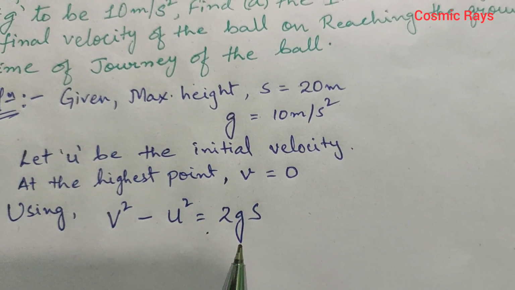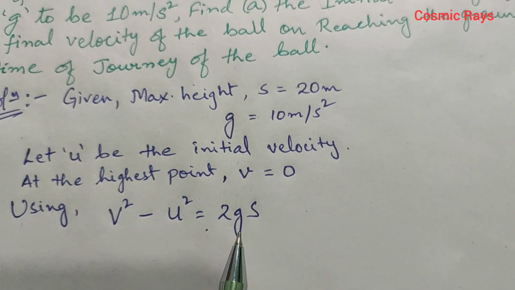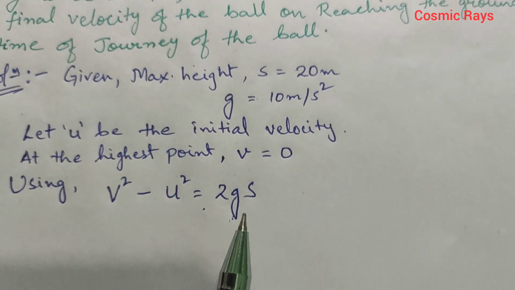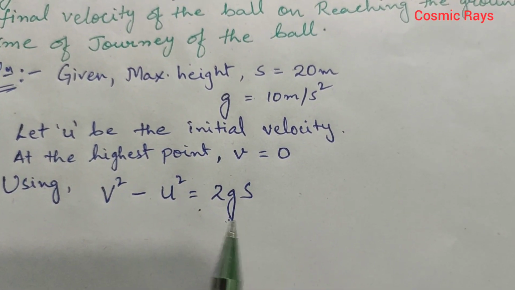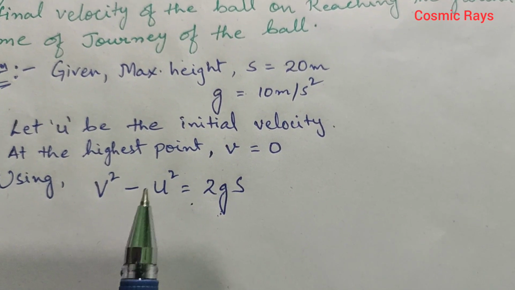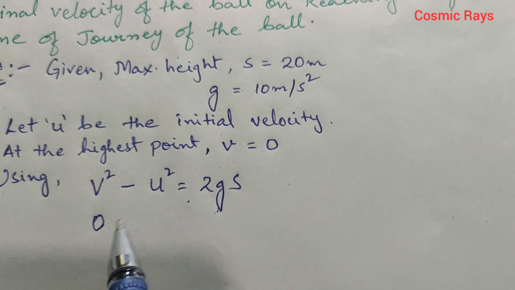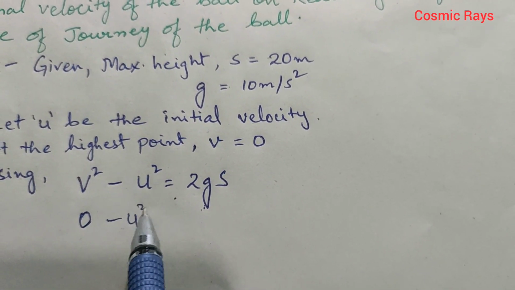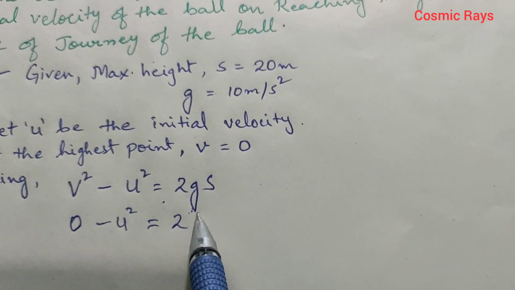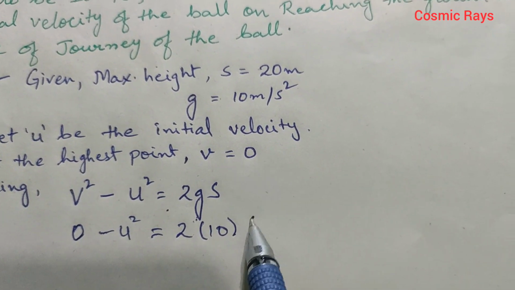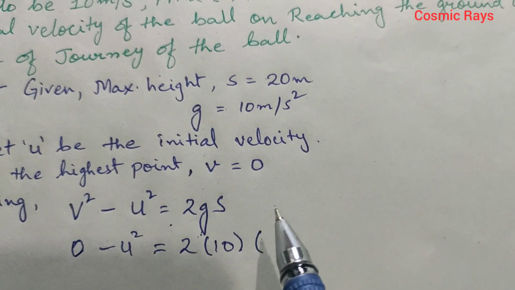In our case, instead of a we will be writing g, that is acceleration due to gravity. So when the ball is thrown up, initial velocity was u, and when it reaches the highest point, its final velocity will be 0. So we write 0 minus u square is 2 multiplied by g, the acceleration due to gravity, which is given to be 10, multiplied by the distance, which is equal to